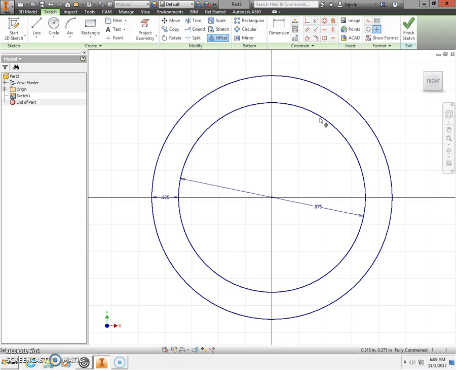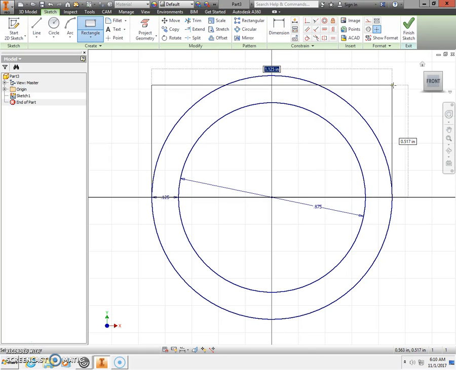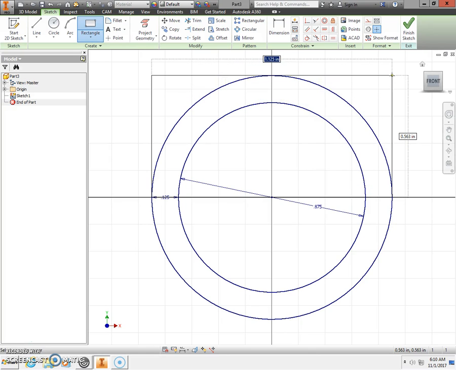That looks pretty good. Next, in order to create a flat top on our ring instead of having a curved surface, I'm going to use my rectangle tool. With my rectangle tool, I want to get the 9 o'clock position. Do you see how your cursor snaps to that 9 o'clock position? Once it snaps onto that position, click, and then I want to make sure I'm coming across with my rectangle as high as my outside circle and all the way over to the right hand side. Okay, once I'm touching the top of that outside circle and the right hand side of that circle, I'm going to click,